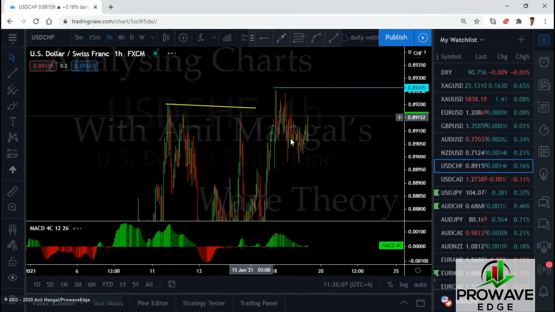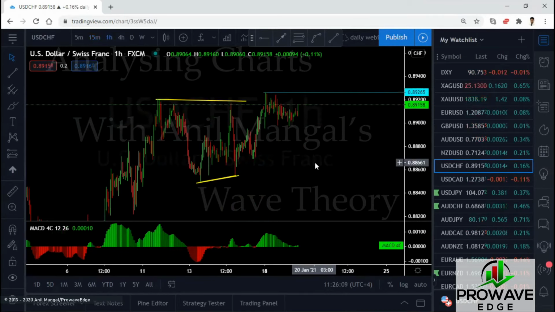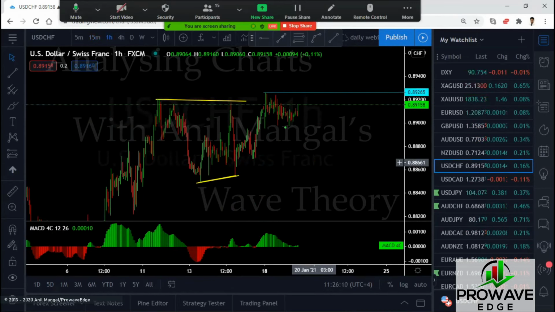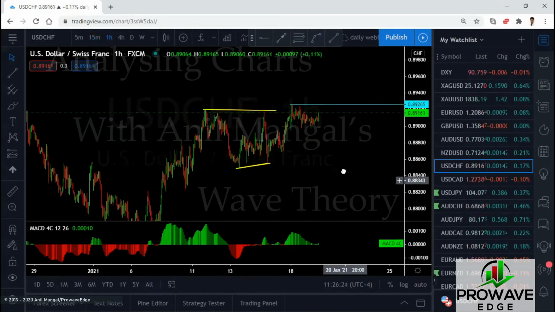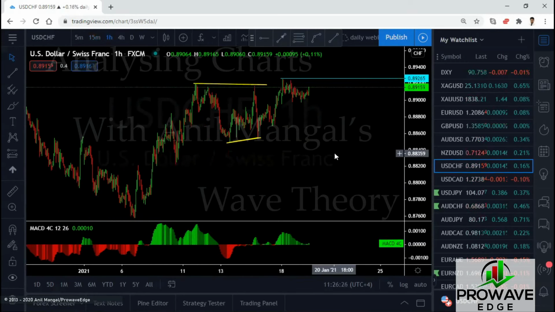That would confirm the buy, right? Above the top. We can sell this if it comes down below the low, but it's not going to go anywhere. It's probably going to do this and consolidate. So once it's consolidating there, the drop will be very, very short. So we're not looking for a sell. We're looking for one more up on this. At least one more up, and then we'll see what happens. If the sell is going to come, let it make an impulse to the downside first, and then make a consolidation, we'll sell.